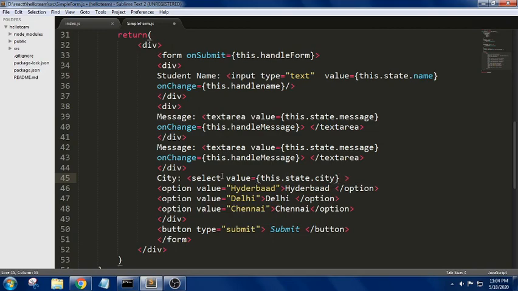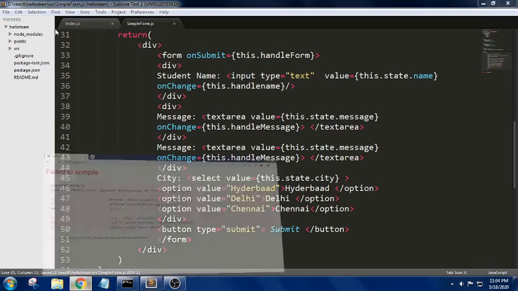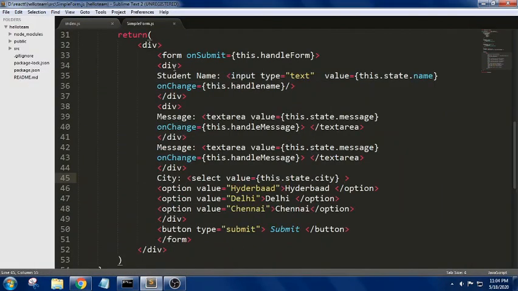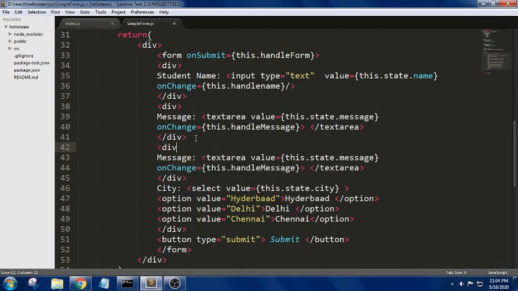For this, in order to perform the drop down operation, we got stuck somewhere. Oh, we have closed the div tag somewhere else. So this is the div tag here, this is the div tag for this, and this is the div tag for this. We have copied it again. Yes, we have done it twice.